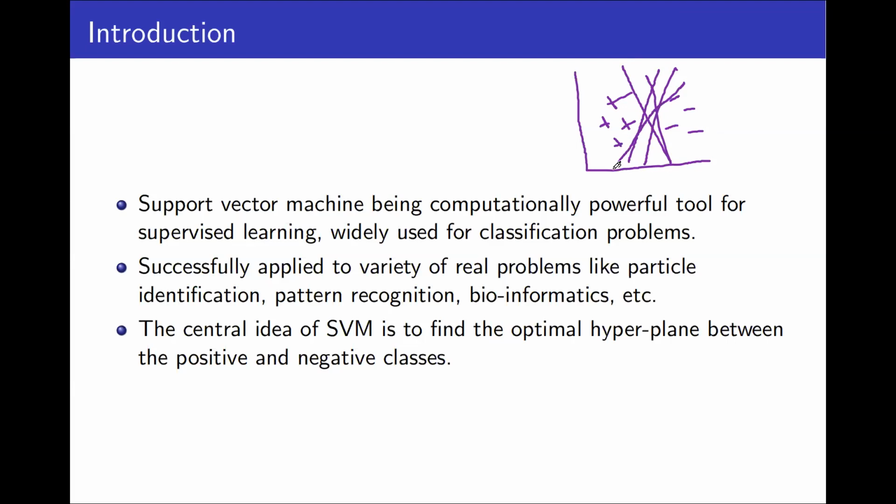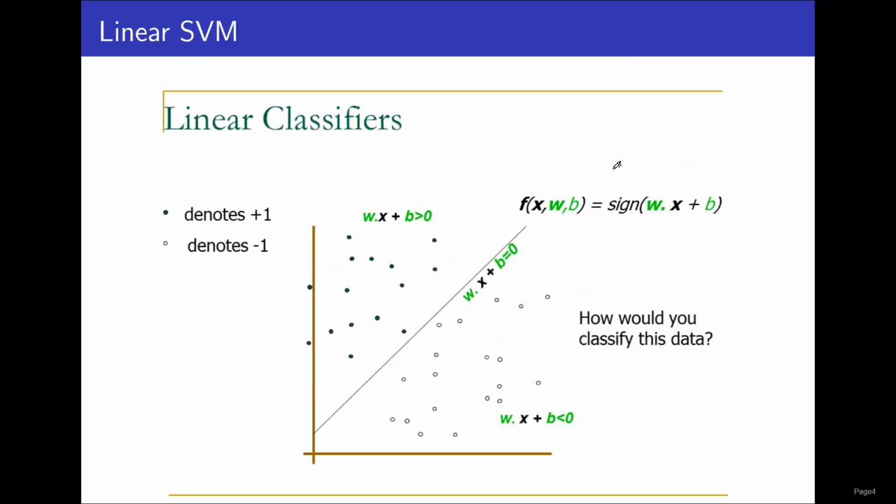So finally, which line is the best for this classification? How will we decide? For this, we'll use the support vector machine algorithm to decide which line is the best fit for this type of data set classification. See here, this solid circle represents one class and this circle represents a second class.